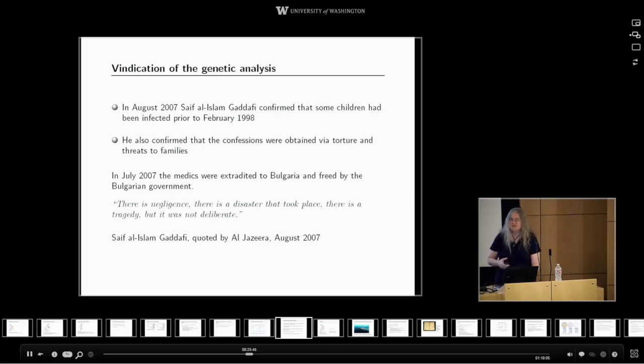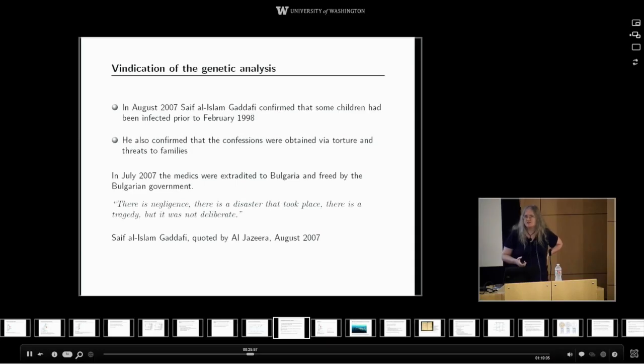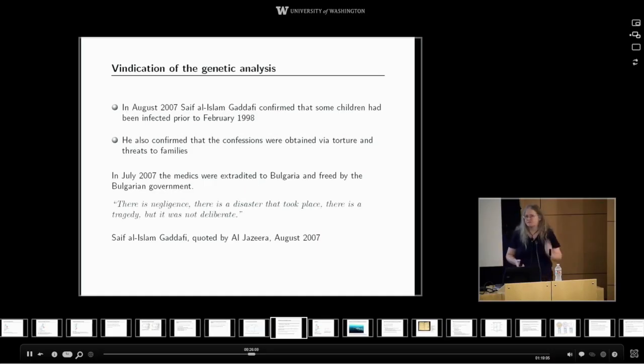So, the story has a happy ending for the medics. It does not, alas, and is not going to have a happy ending for the children. Childhood HIV infection in Africa is close to a death sentence. We're fairly good at treating adults in first world countries. We're not nearly so good at treating children, and the situation in Libya is so unstable that the consistent lifelong treatment needed is sadly improbable. About 40 of them have died so far, but the prognosis for the rest is not good.